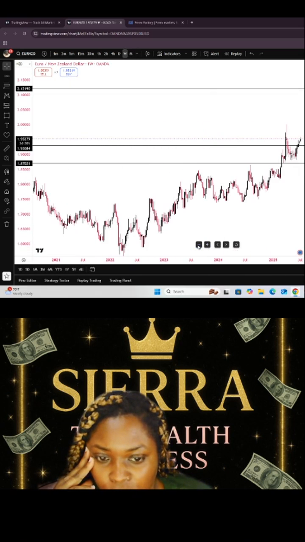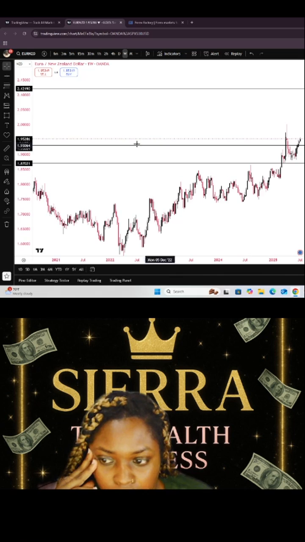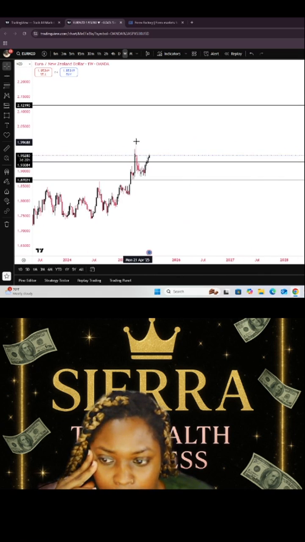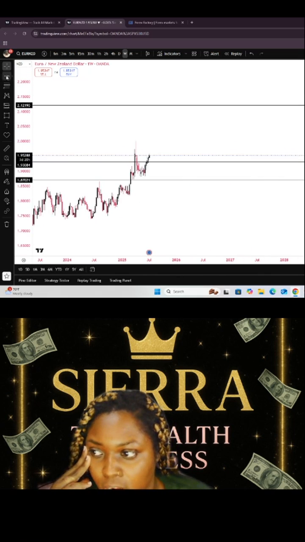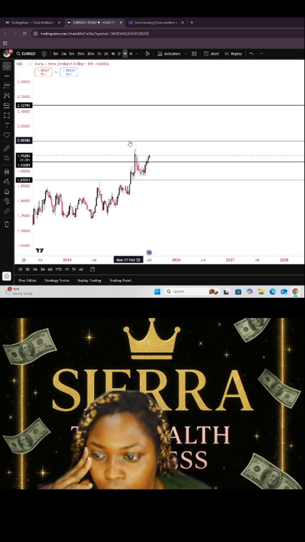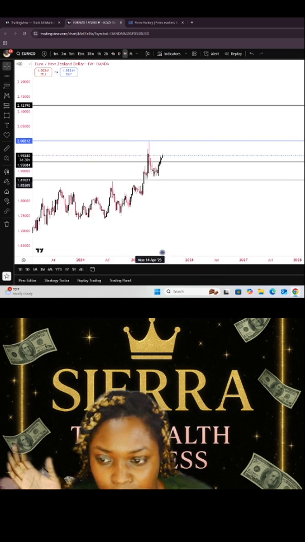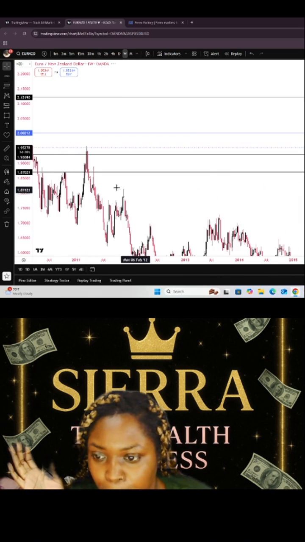I'm going to zoom over to my left, because I don't have anything over here that I can go off of. So I want to go to my left and I want to see what made this area right here, what made price reject this area right here. So I'm just going to put a line right there and I'm going to make it blue, just so when I get over here to my left area, I can see what